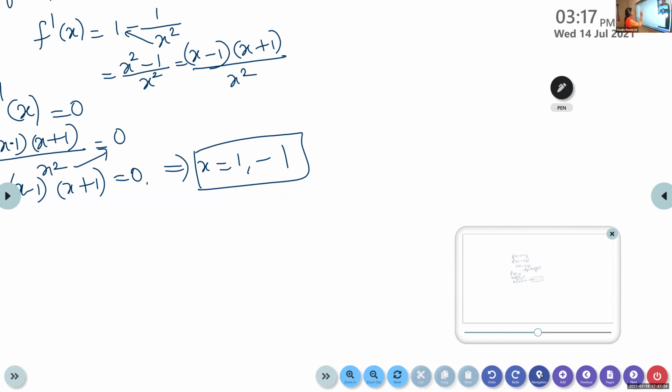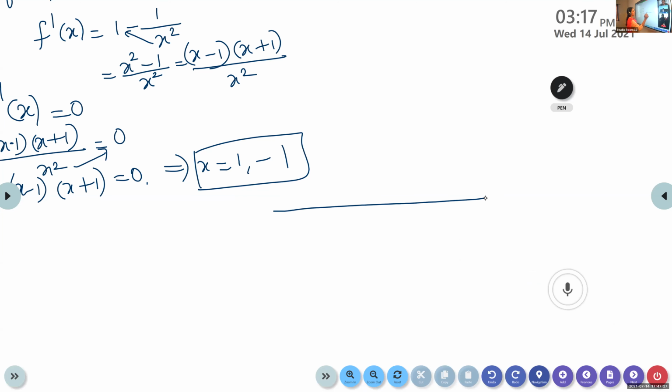Once we get these values, we represent them on the number line. Number line means real numbers; x takes all the real numbers, so it will be from minus infinity to plus infinity. In between we have the values. We get the values of x as minus 1 and 1. I mark those points on the number line. You take the number line, and on it we have the values 1 and minus 1. You mark them on the number line.